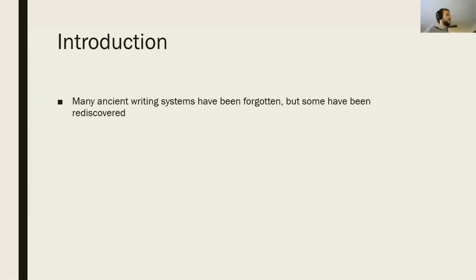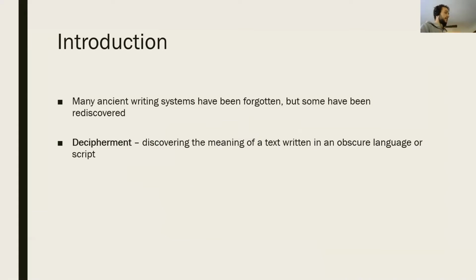So you may have noticed with a lot of the writing systems that we covered in module 2 that a lot of them are actually ancient scripts which are no longer used today, but nonetheless we still are able to read them. Now, how is it that we are able to read these writing systems when the knowledge of how these symbols represent language has been lost? Well, the answer is that these systems' knowledge has been rediscovered, and it has been rediscovered through the process of